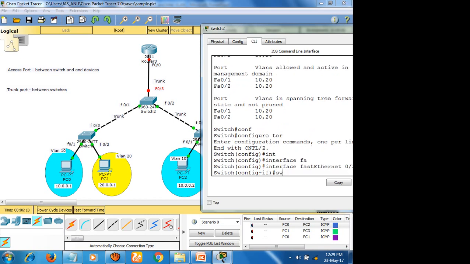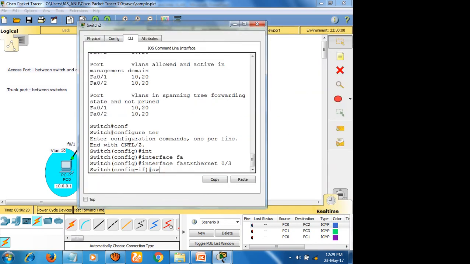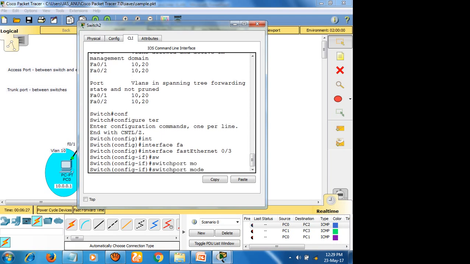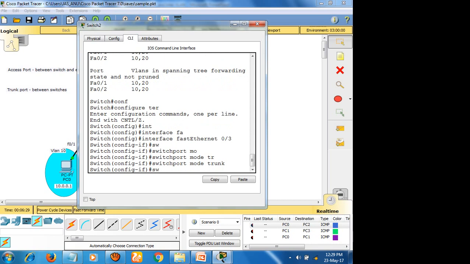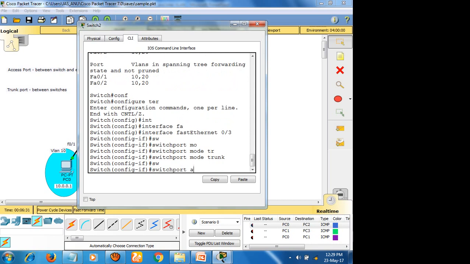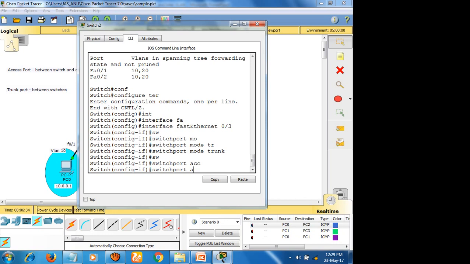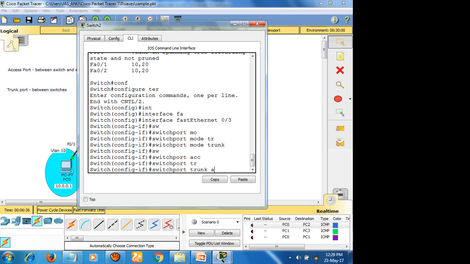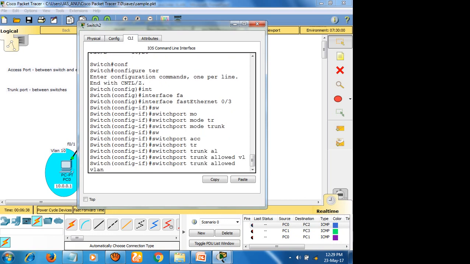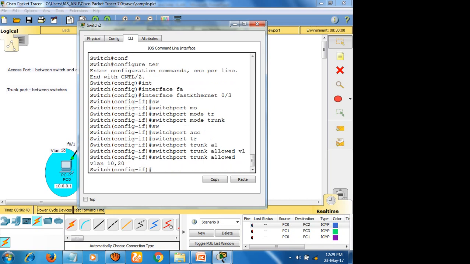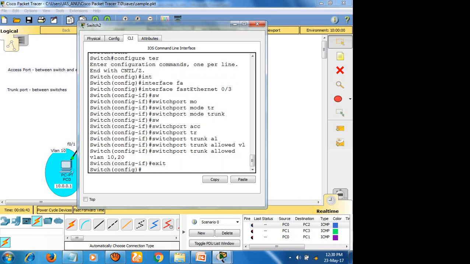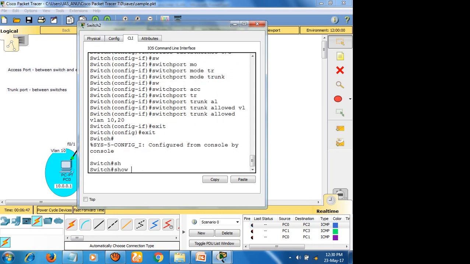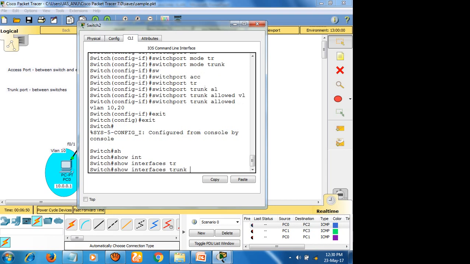I'm configuring this fast Ethernet 0/3 as a trunk port: switchport mode trunk, switchport trunk allowed VLAN 10,20. Now you can check it: show interfaces trunk.